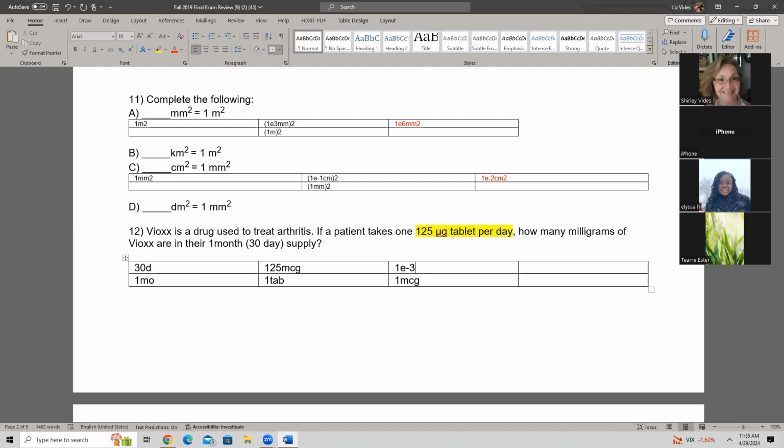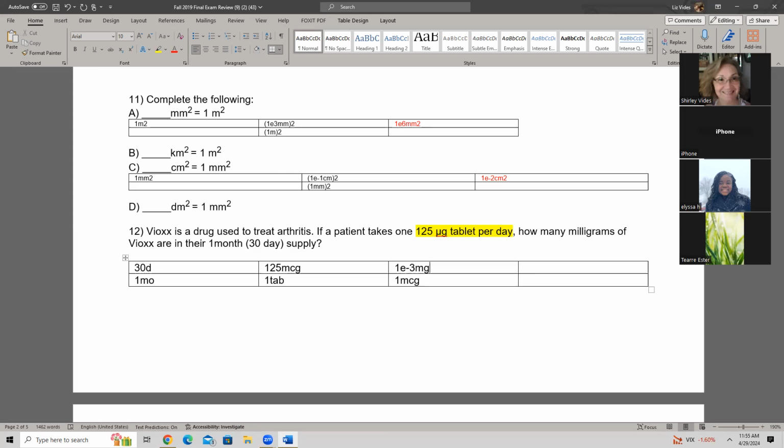So when you are doing that, that is milligrams. You're going to get milligrams per month, which is what you want. So you know you've done it correct, is that's what you get, the answer that they're asking for. All right, so the answer is, let's see, clear. We got 30 times 125 times 1 EE